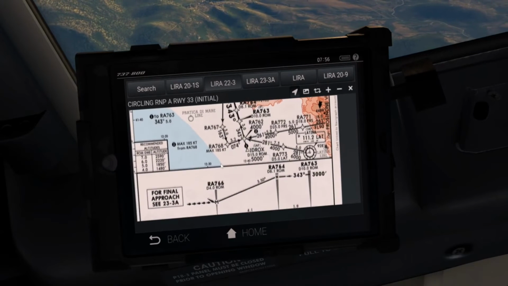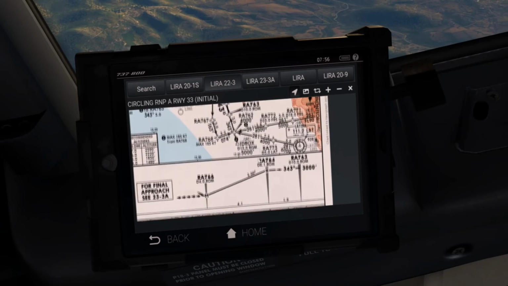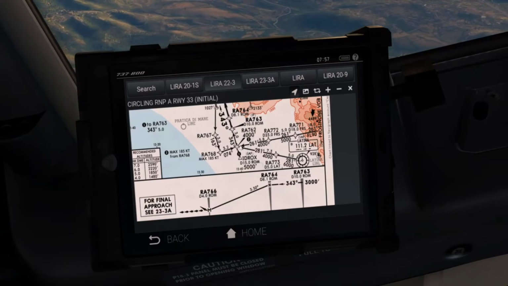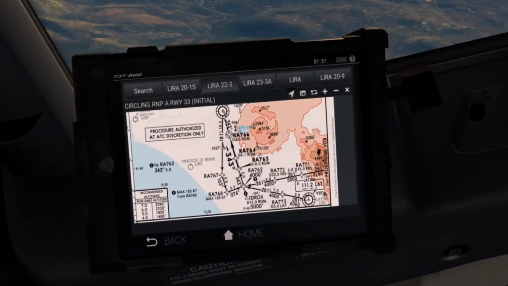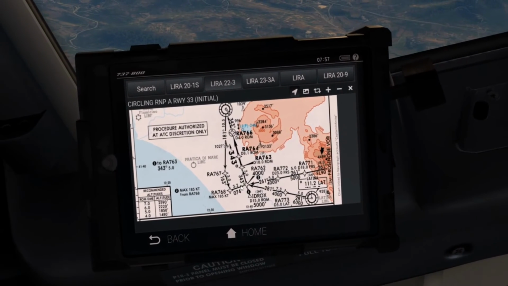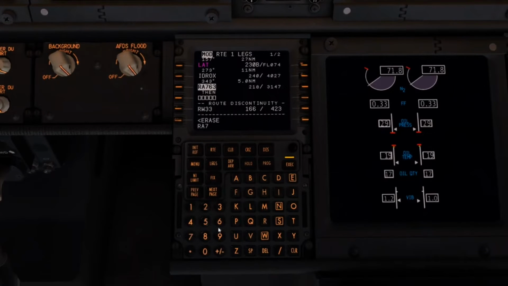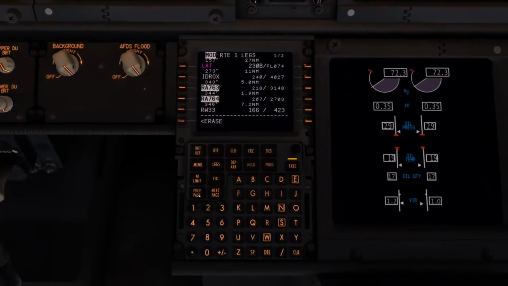And the initial fix is the Romeo Alpha 763, which is 10 DME. And then we start our descent at 8.1 on the 3.5. So we can put them fixes in, I should imagine. So I'll put the RA763, the RA764, and then we've got the RA766,